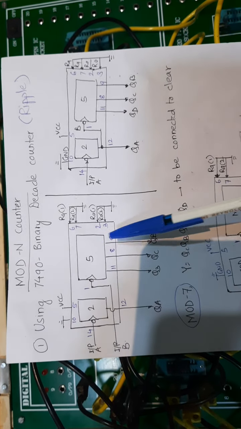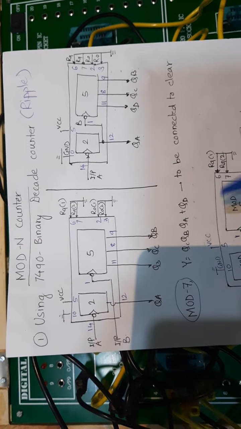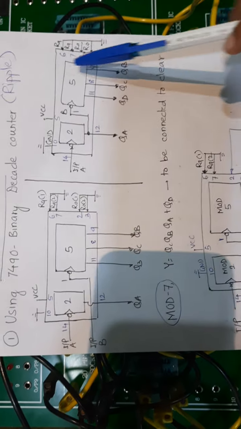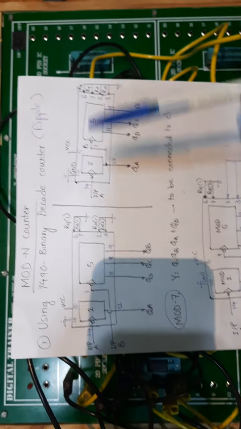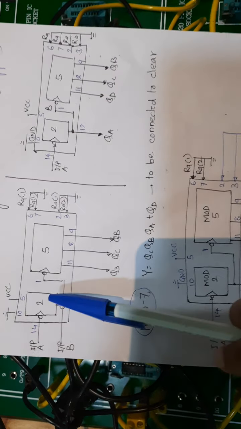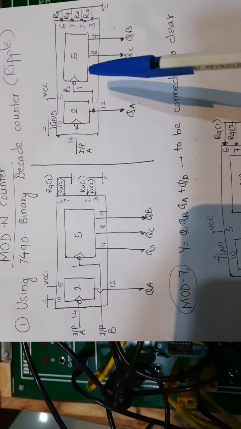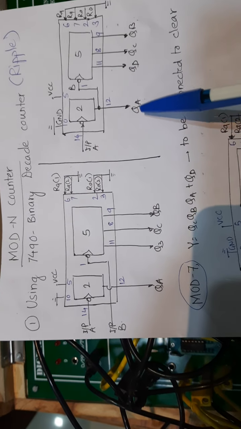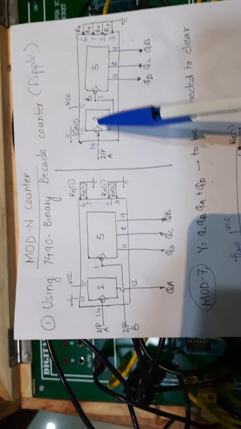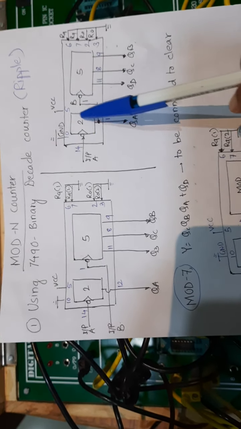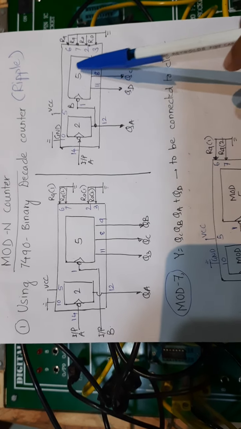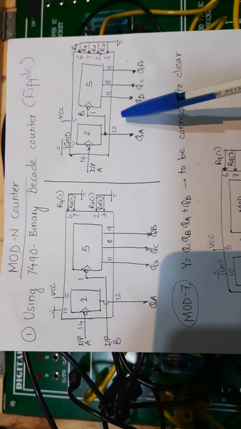So 4 flip-flops are there for generating 4 different bits of output internally. Those are connected, so mod 2 and mod 5 together can have mod 10. That's why it is a binary decade counter. So this is the first mode of operation, separate mod 2, separate mod 5. Second mode of operation, where the external input is connected to the clock pin of the mod 2 through QA, and the output of mod 2 is connected as clock to mod 5. So this is the decade counter mode.